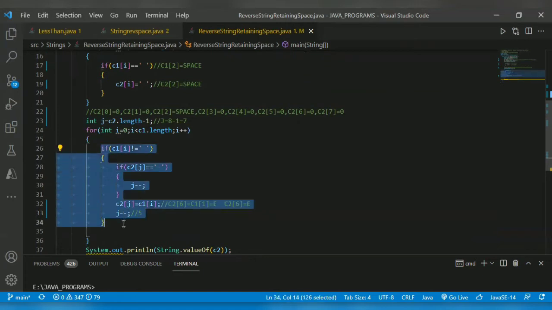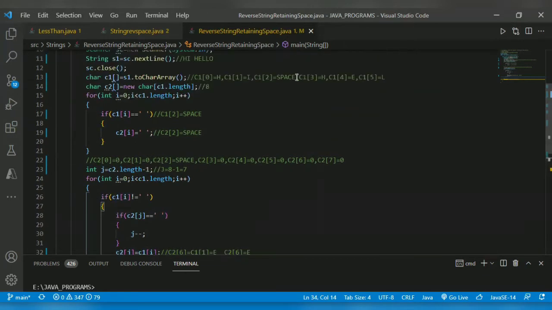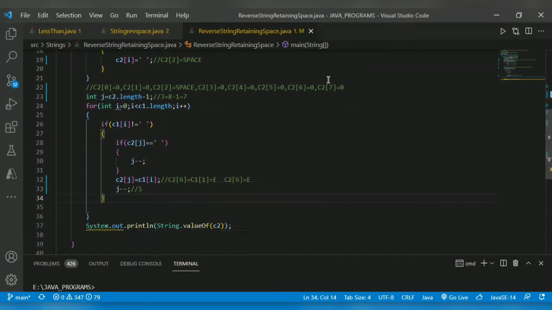So i will get incremented. c1 of 3 is equal to H. c2 of 5 is equal to 0, so it will come here.